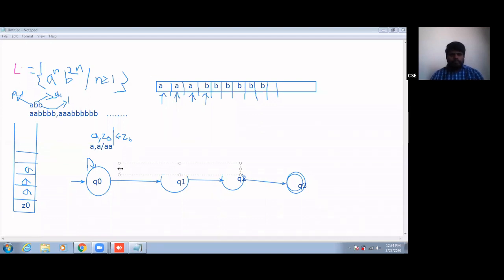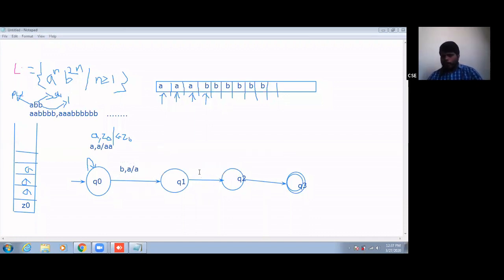See here, my input pointer is this B, comma, and the topmost symbol of the stack is A. So what operation am I performing? Here we are doing B comma A, the skip operation, because the topmost symbol of the stack is A only, so it has to remain A. So that is the skip operation.